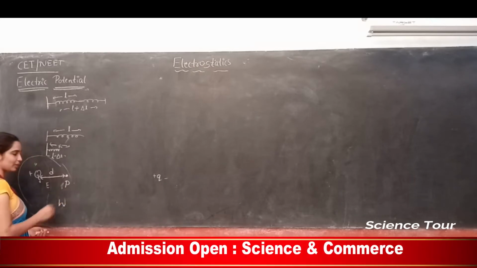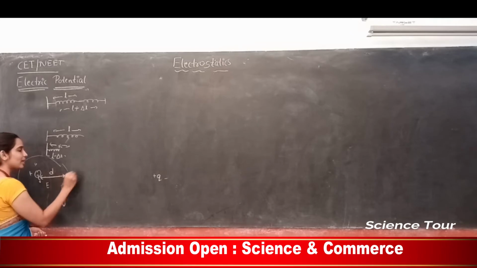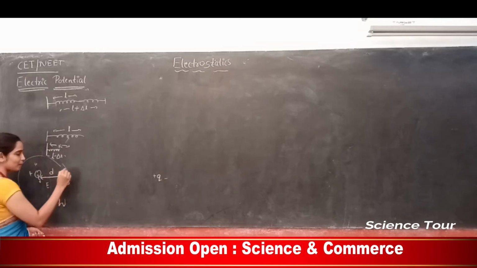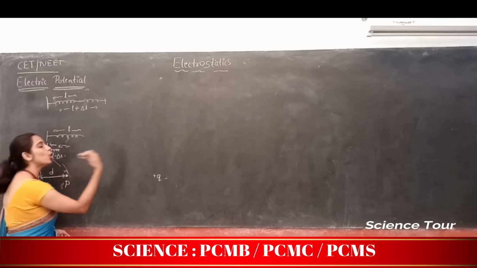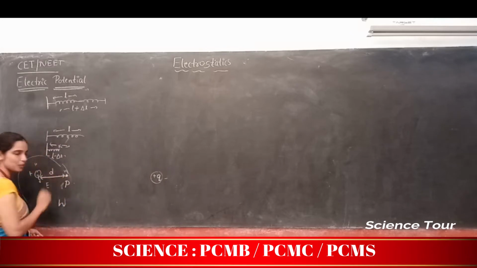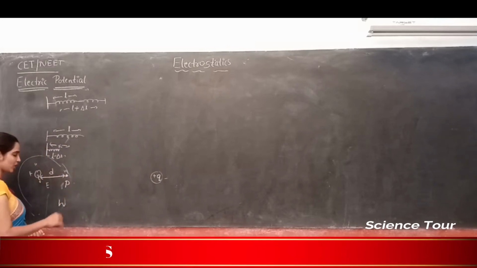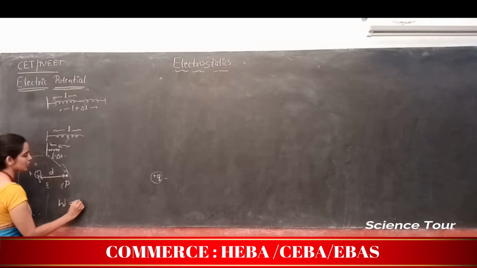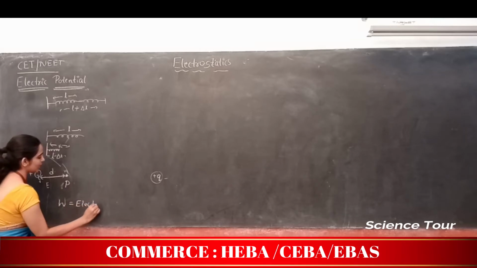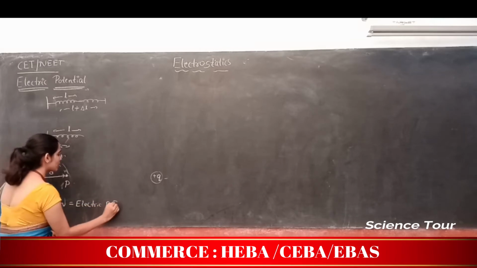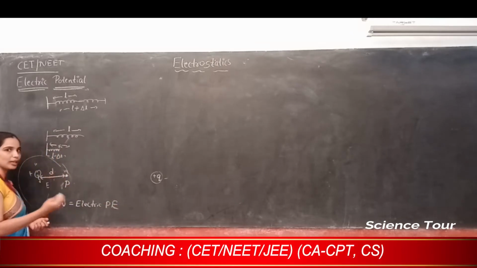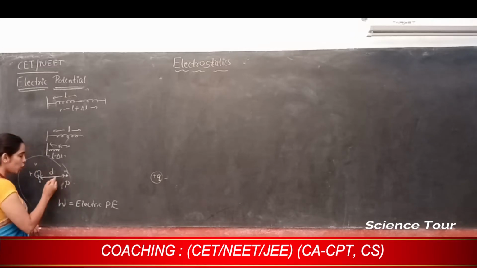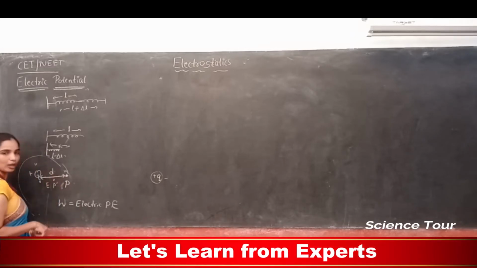That work done will be stored as energy when the charge is located here, when that plus Q is located here. Whatever amount of work you do on this charge to bring it to this position will be stored as energy. So that is nothing but potential energy, or electric potential energy, at position P. If you have to bring it even closer, then you have to do even more work. So potential energy at P dash will be more compared to the potential energy at P.